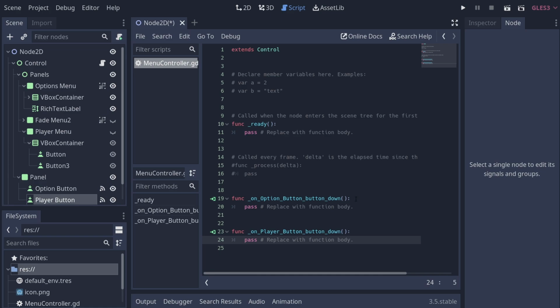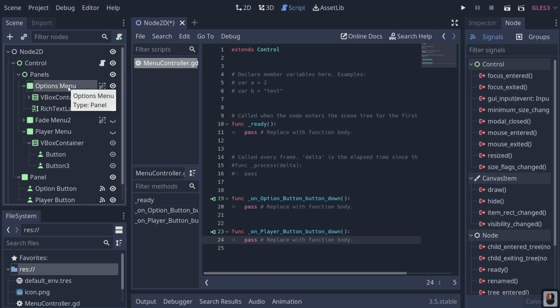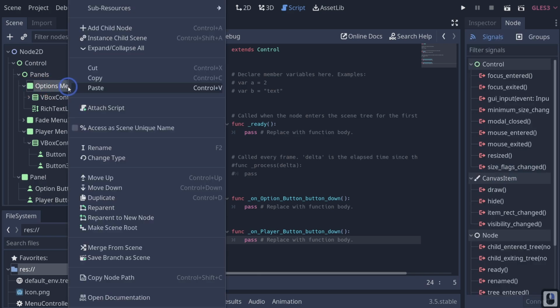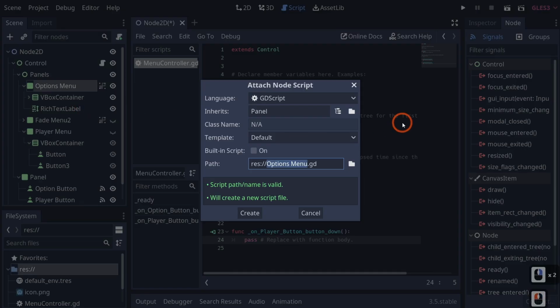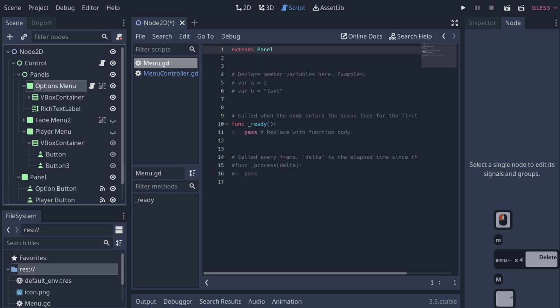But instead of just directly referencing our menus here, let's actually make a script specifically for our menus. So we're going to right click our option menu, attach a script and just call it menu.gd. Now, the reason why we don't want to do it in our menu controller is because there are times where we might want to make specific changes to our menus, and it really makes our code a little bit more flexible. So what we need to do with our menu is